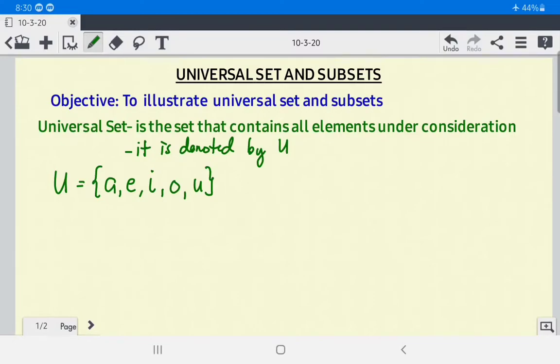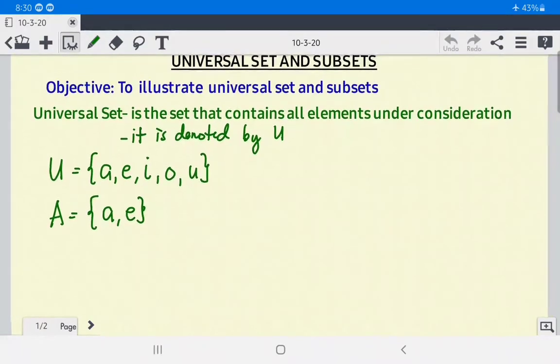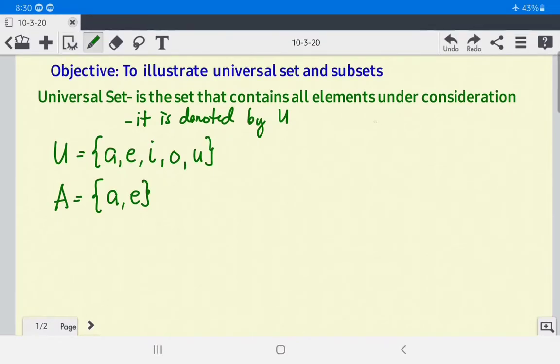Now, let's say I want another set, and let us name it as set A. Set A contains elements A and then E. Set A contains elements or letters A and then E of set U, right? So here we can say that set A is a subset of U. Okay? So when we say subset,